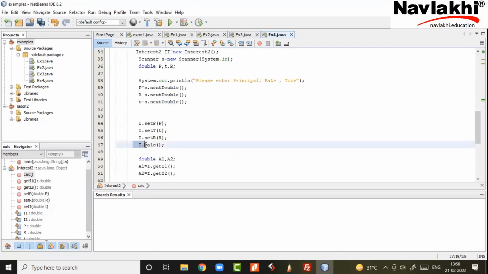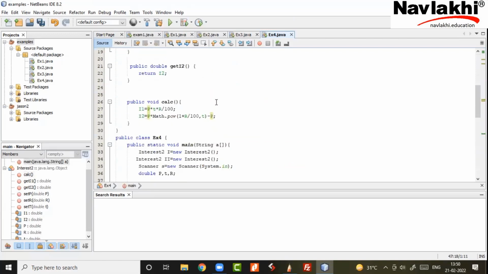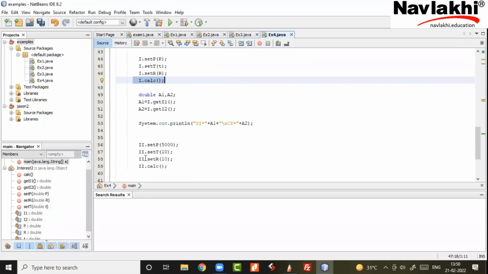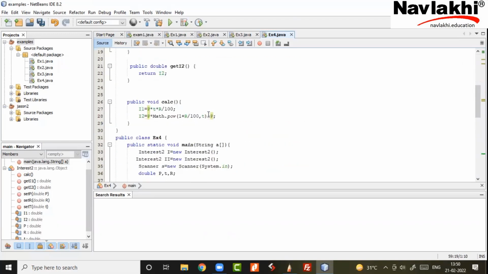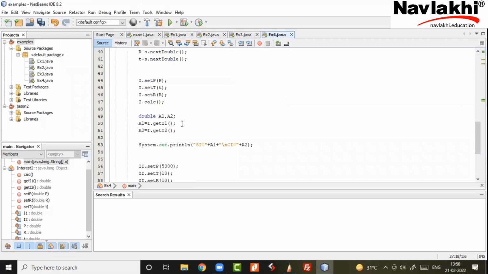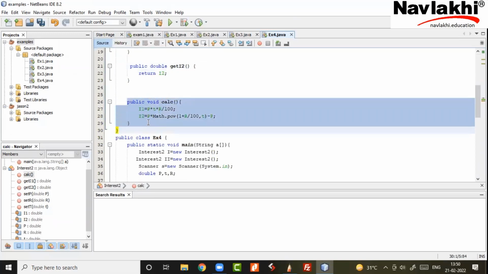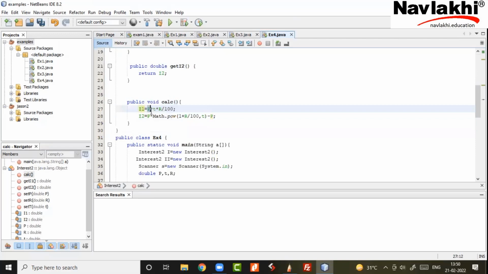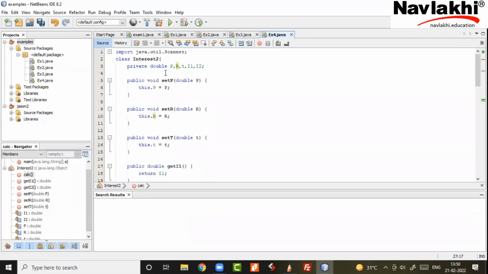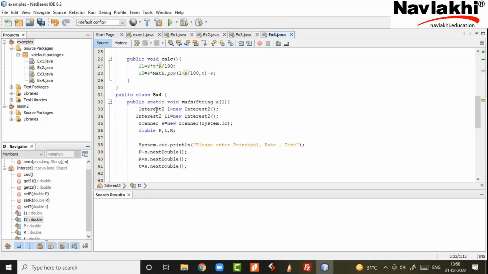If the caller is I, it will use I's PTR, and when the caller is ii, same function call but different caller, then calc will calculate with ii's PTR. So this coding is looking pretty abstract, pretty general, but it is going to automatically replace the right PTR based on the caller. That's why they say this data is encapsulated, it is sealed within the object.